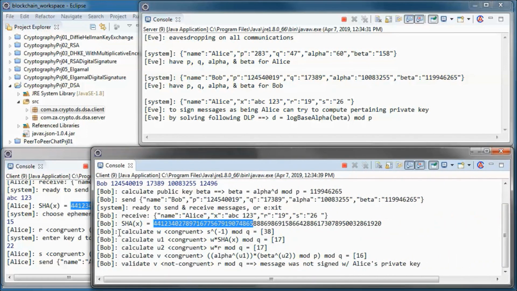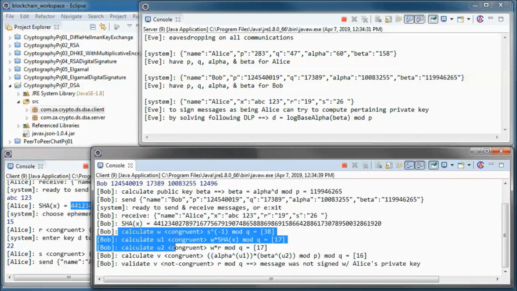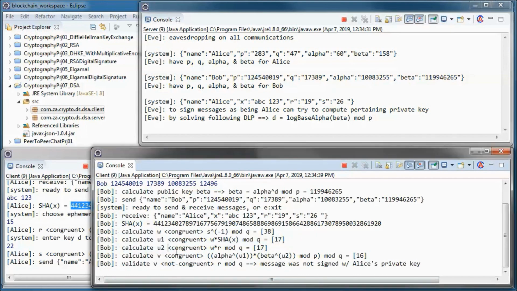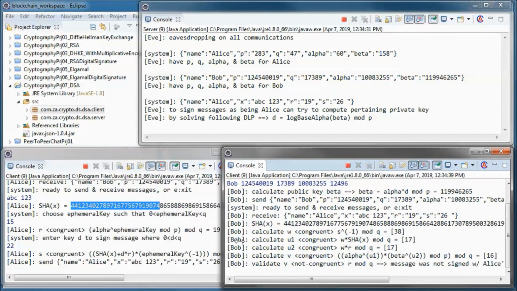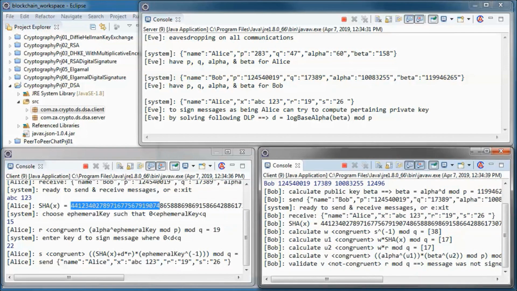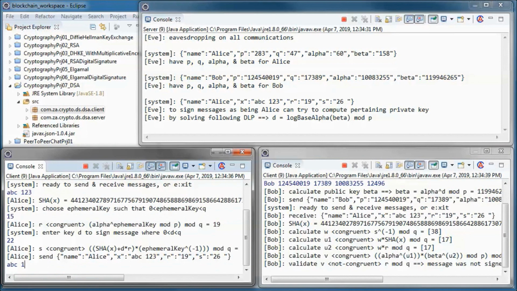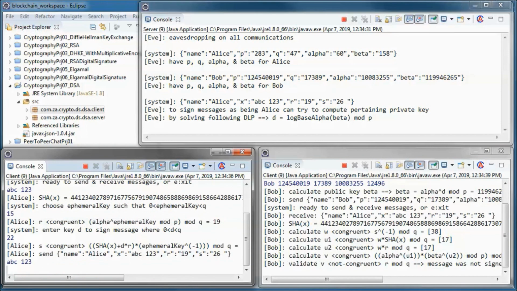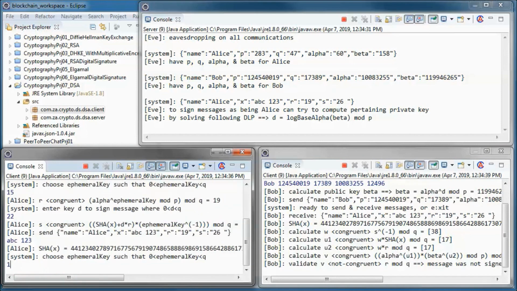And he calculates W, U1, U2, and V, and determines that V is not congruent to R in mod Q. So the message was not signed with Alice's private key. So let's go ahead and have Alice send the same message, but this time sign it with her private key.